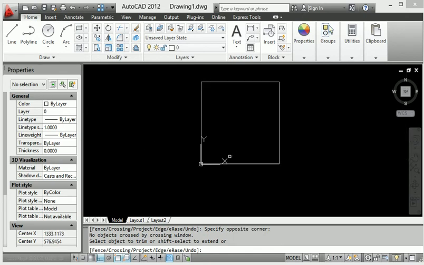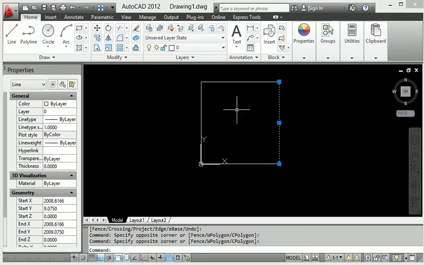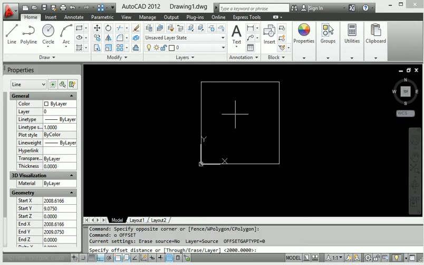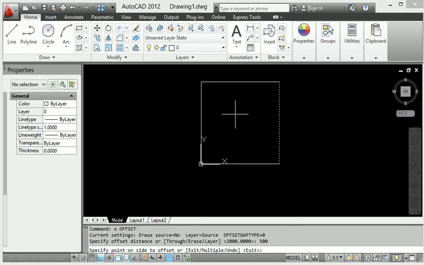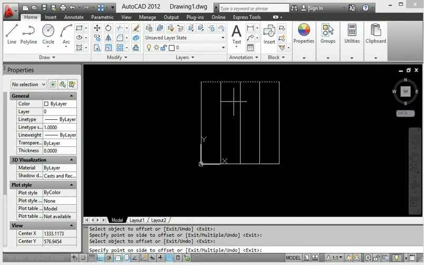When I make the offset command, I select this component and go to offset, O enter, then provide a distance of 500, then continue the offset. Click this offset, click this offset, then the same thing in the downward and upward direction.